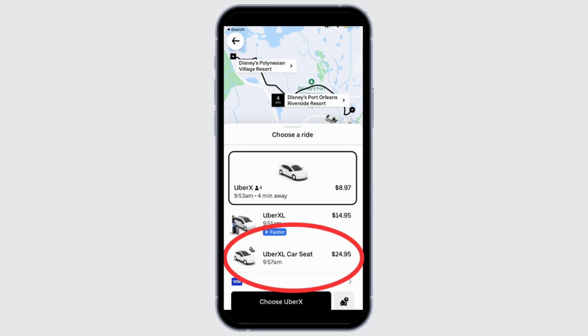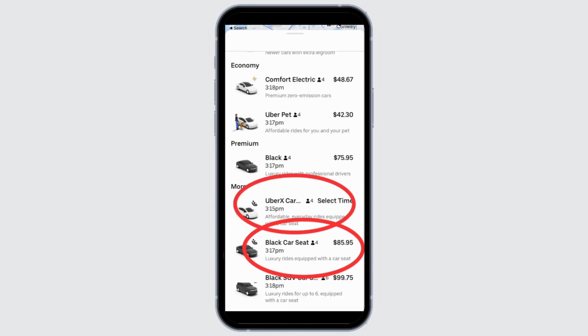To book yourself a car seat in your Uber, open up your Uber account. Make sure that you are logged in. First step is to insert a location, that is your destination. Once you have set your destination in your Uber, you will be suggested some of the Uber rides along with